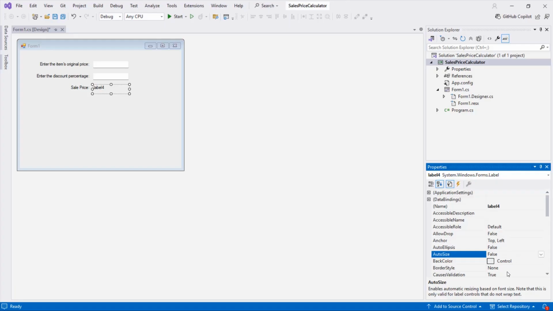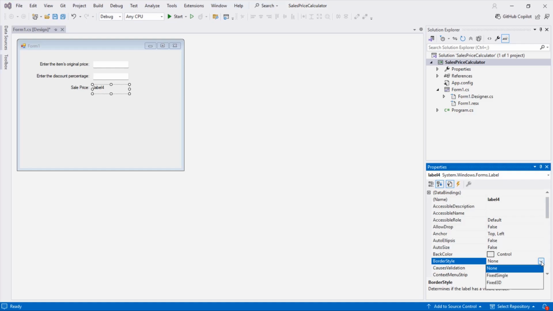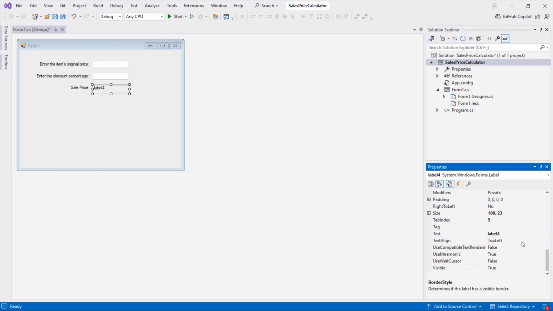The border style, I'm going to do fixed 3D again. The text is going to be empty, so go down there and clear that out. And the location is going to be middle